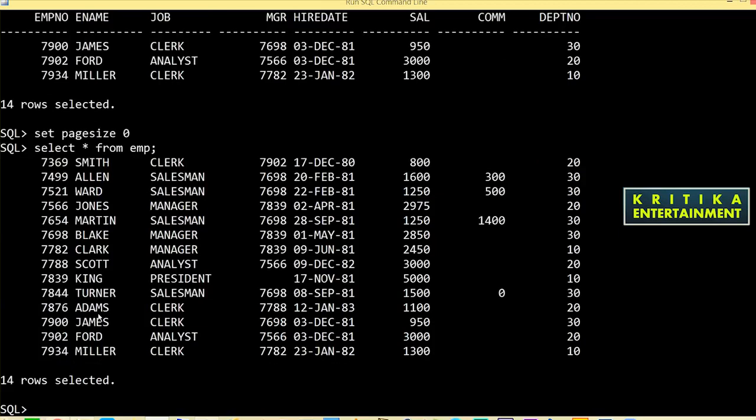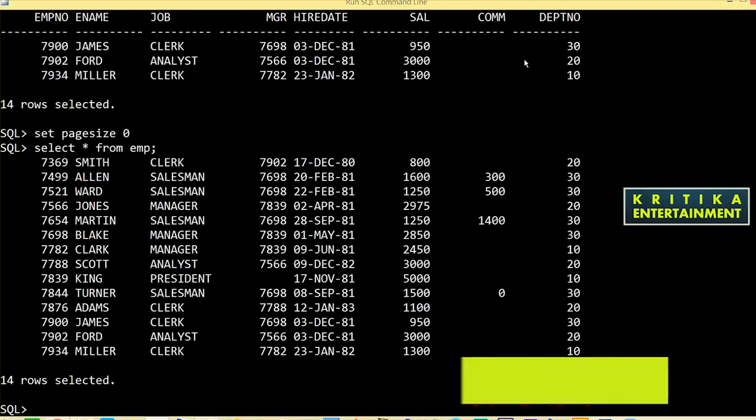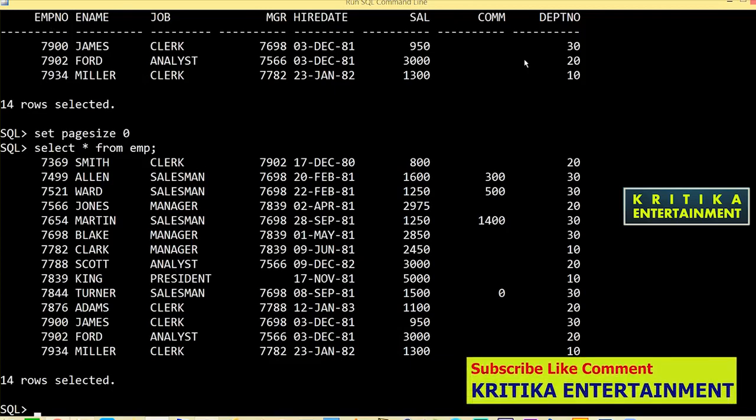So what does page size 0 mean? Your header will not be displayed. It will remove your header, which is not good practice.